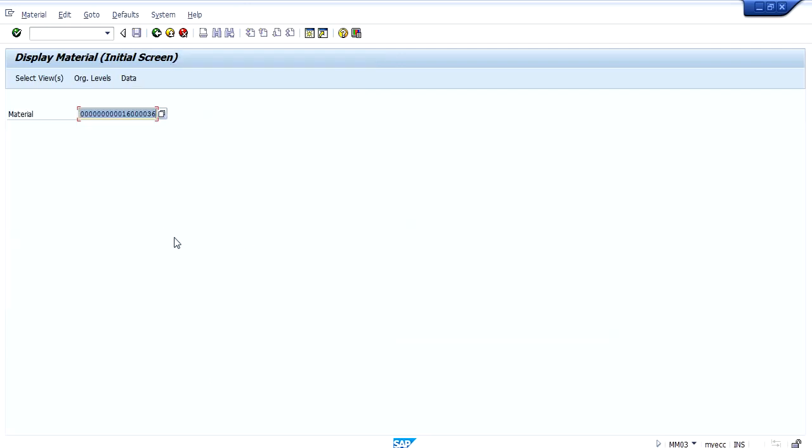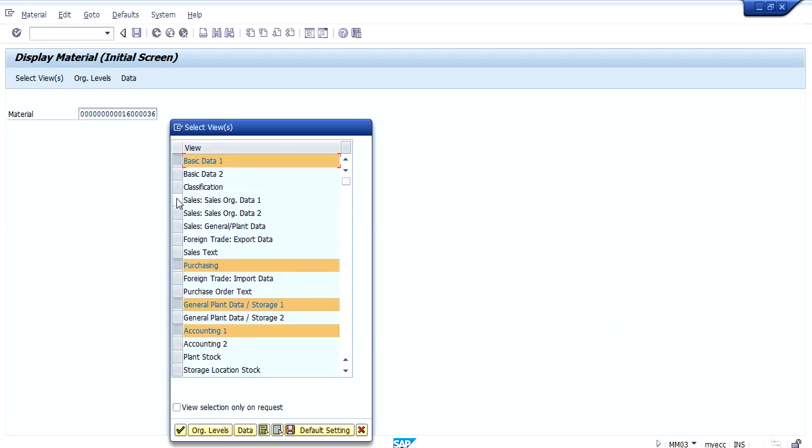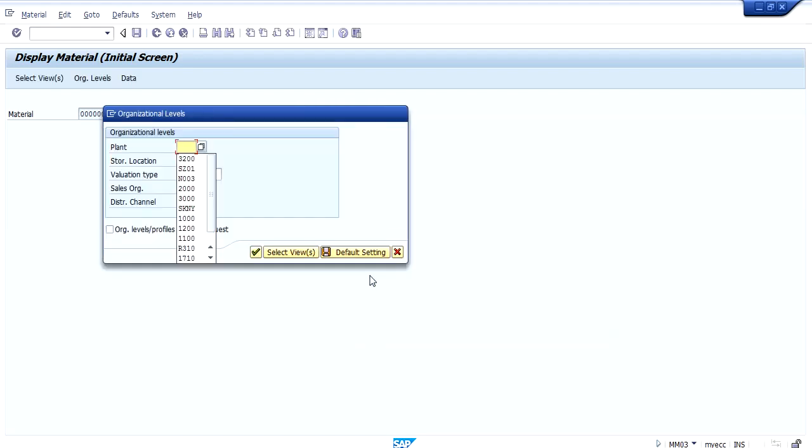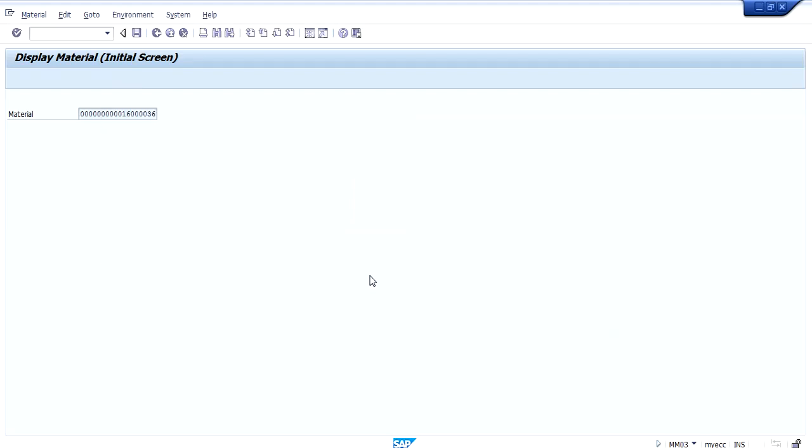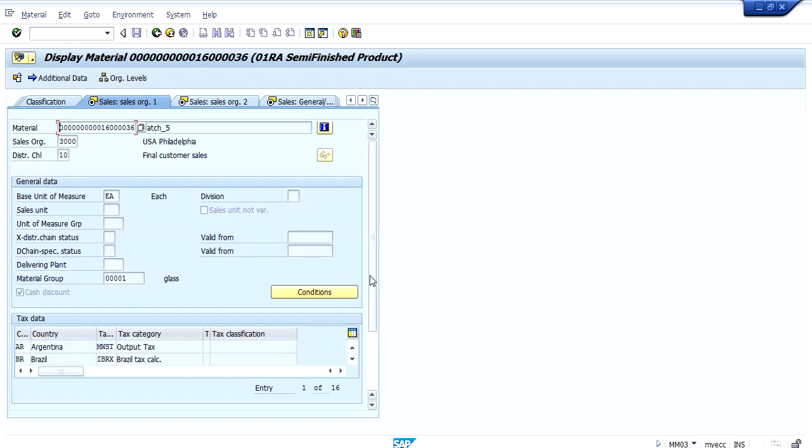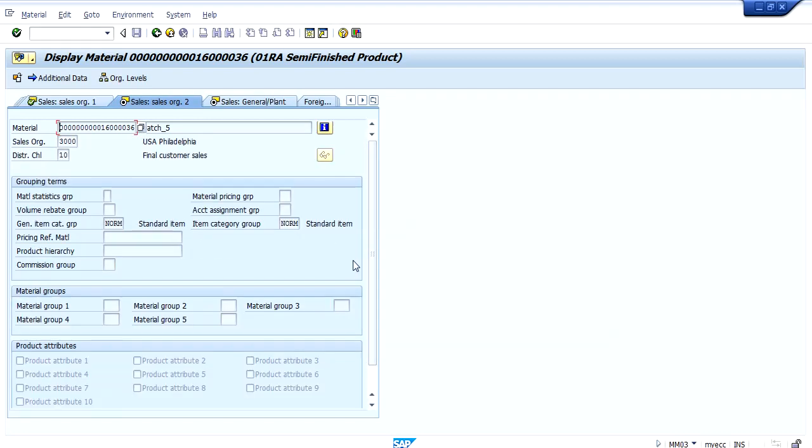So now, in order to do the batch management scenario, I have created a material wherein I have activated batch management. Here we can see the mandatory prerequisites: the item category group, without which we can't execute a sales order.